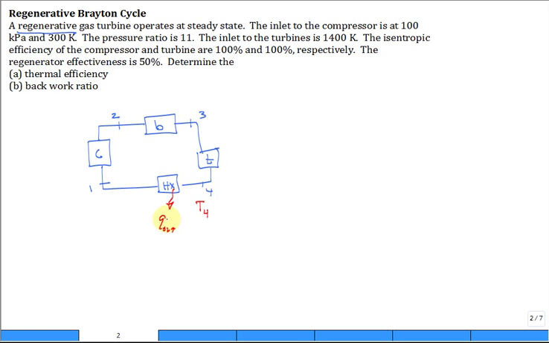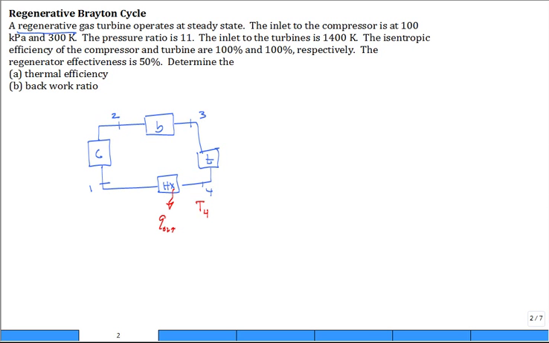Wouldn't it be better to try to heat up some of the gases that would be heated by burning a precious fuel in the burner? So try to heat up from 2 to some other state before it goes into the burner to reduce the amount of heating that's done in the burner. That's the goal of the